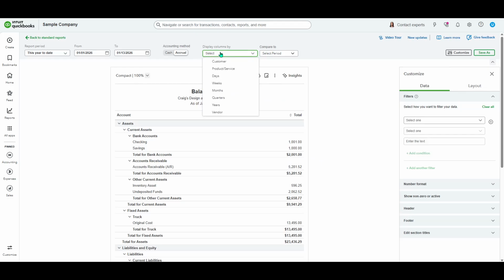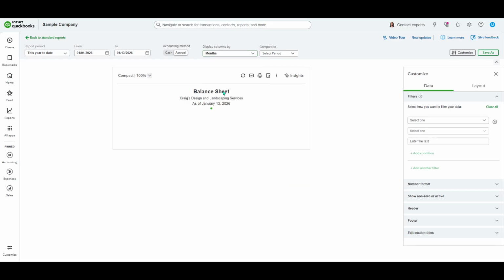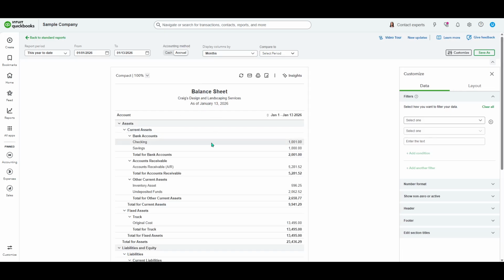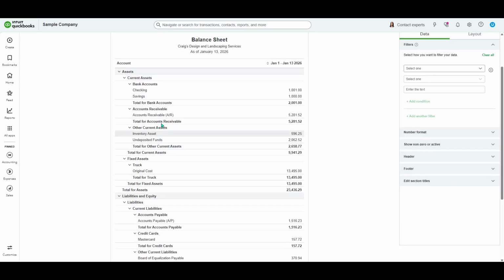Depending on the report, you might separate by month, quarter, or year, or compare by customer, vendor, product or service, location, or class. Pick the option that best highlights the trend or comparison you want to see. As soon as you make a selection, the report refreshes and the columns reorganize accordingly, giving you a clearer, side-by-side